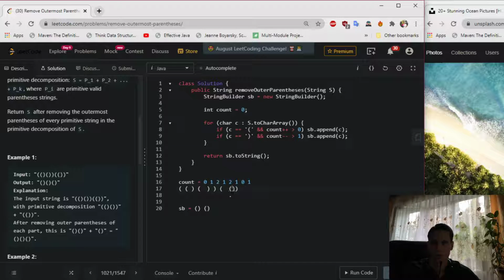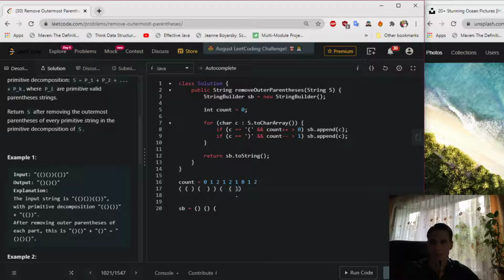We go here and we see that it is greater than 0. We append this one to that result. Then we increment by 1. Then we go here,